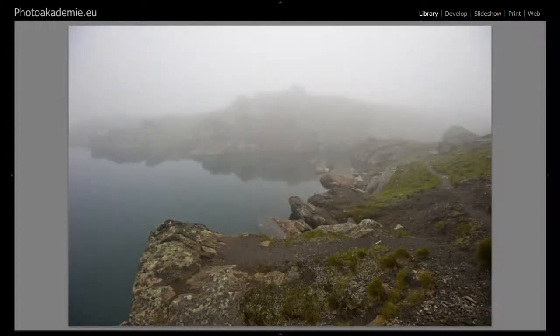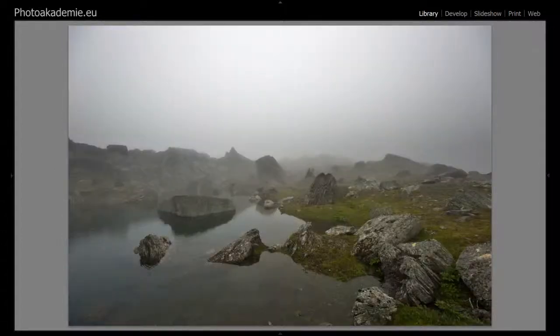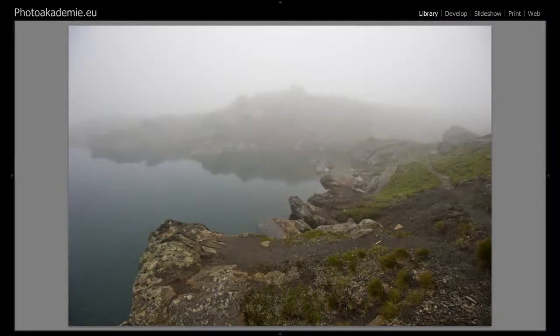And another view from another standpoint, same place, same area, but it's not enough for me. Both images, this one and this one, are taken with the wide angle 16mm, but it's not enough for me for the whole mood and all the fog and mist going around and the special color tone of the stones and the rocks, the water. It's a very special water. It's the glacier water from the